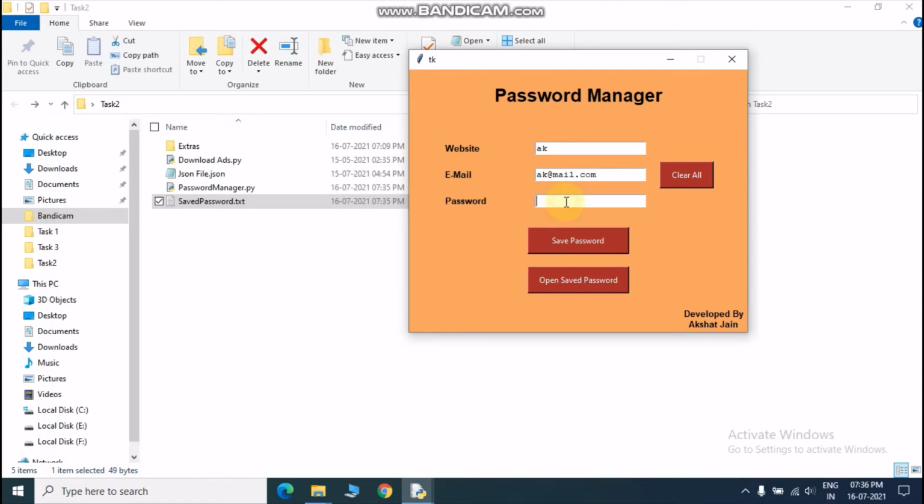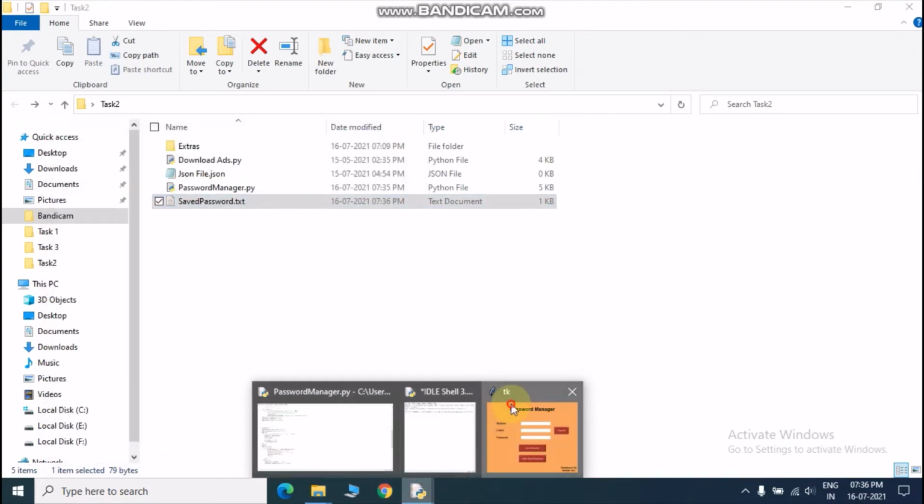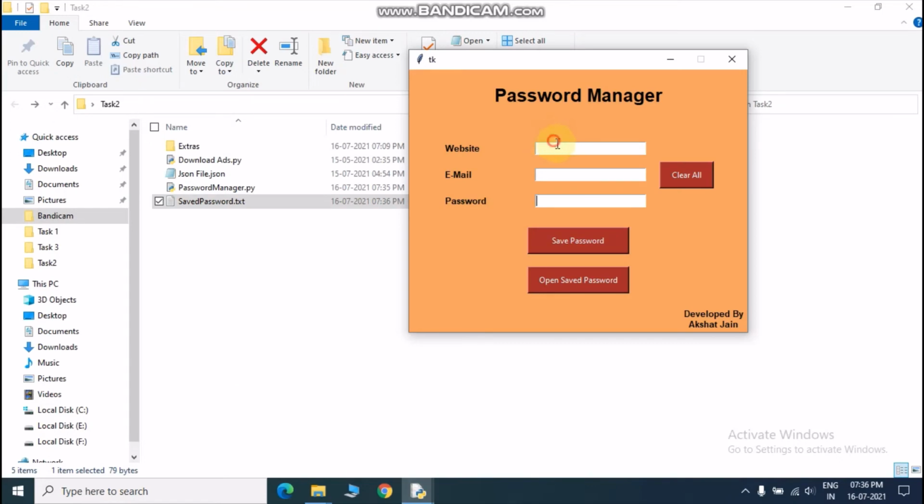So when I click on password and I enter a new password, suppose like this, and save password, and now when I again see the password file, this record will get updated, but no new record will get opened. So suppose I want to make a new record, then I will use a different website like KJ or KL and ak@mail.com, and give it a password like this and save password.